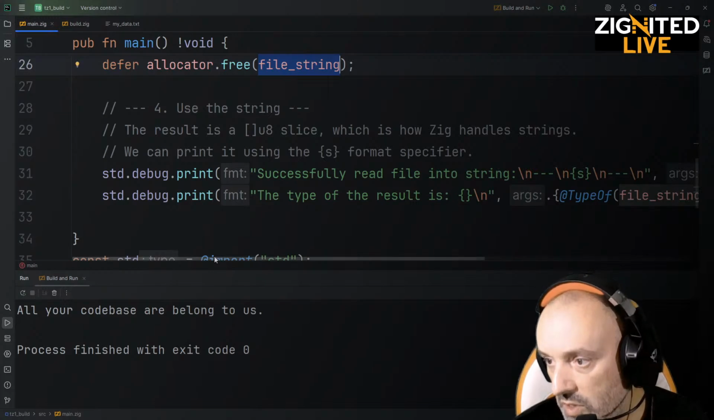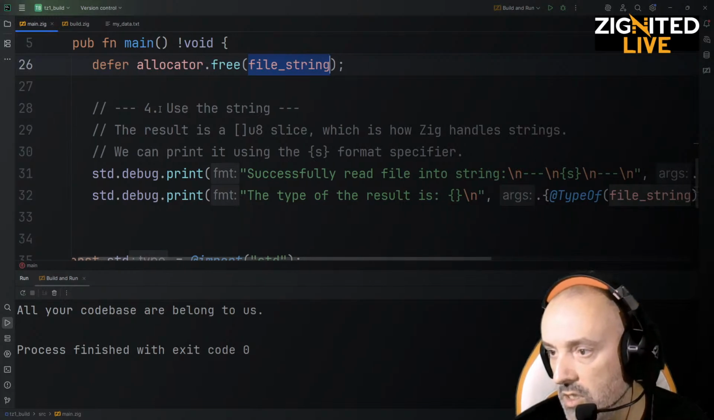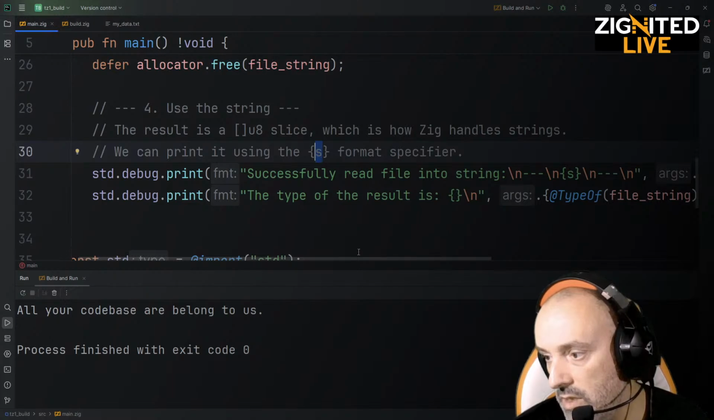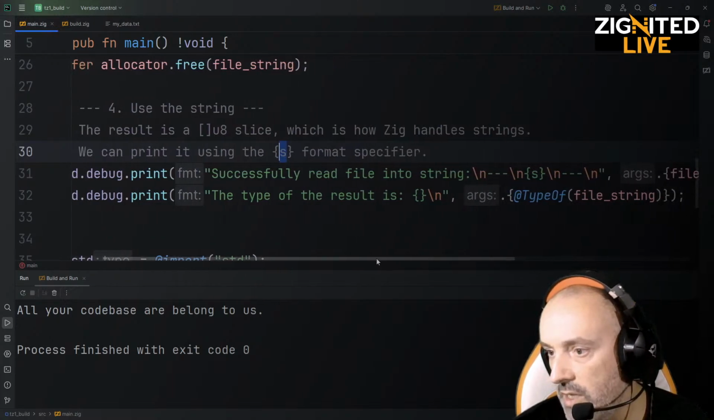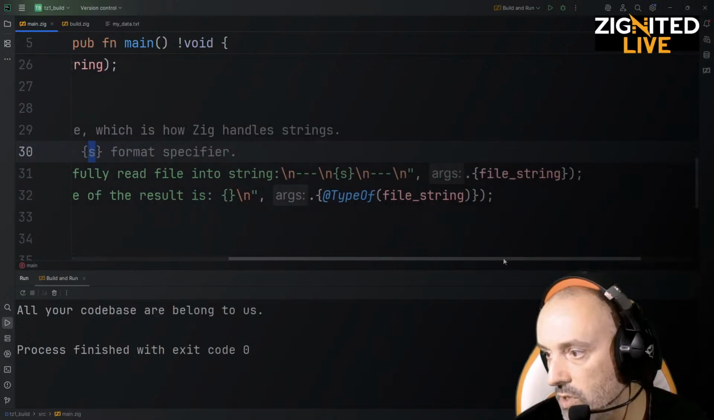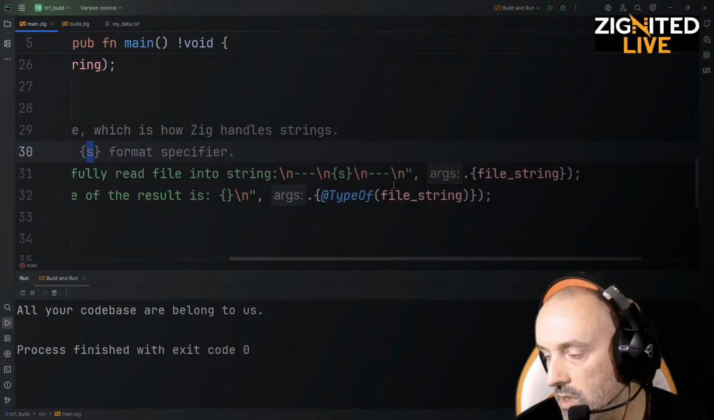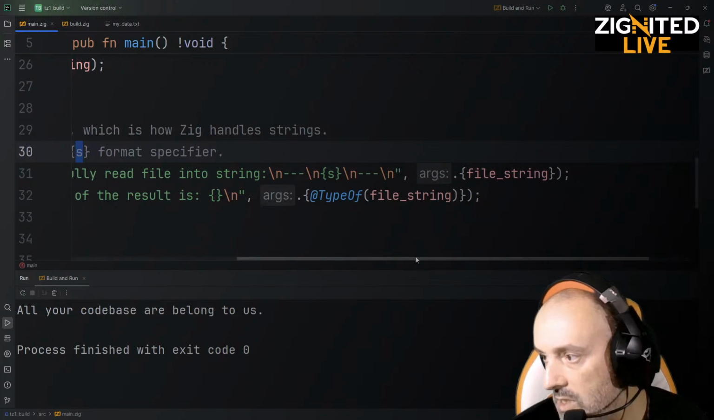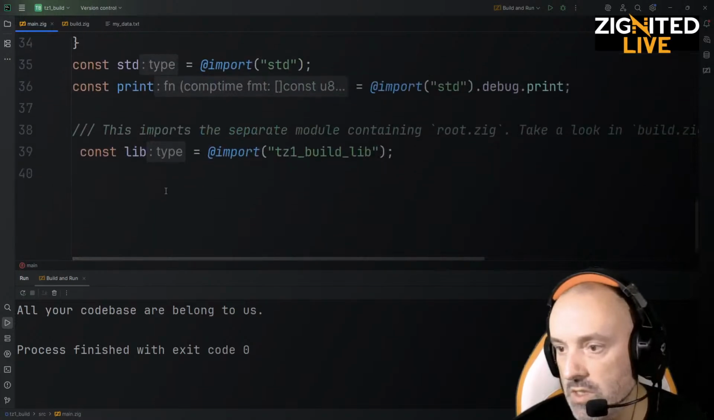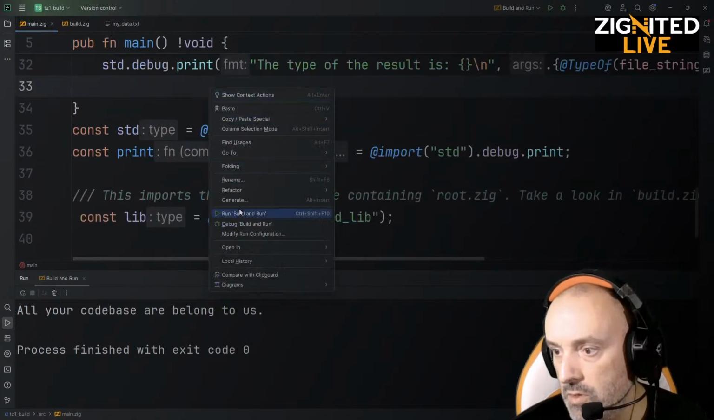Probably they are going to print it out. Let's see. Yeah, print. I just want to see what they say. Result is a u8 slice, which is how Zig handles strings. We can print it using the standard s format specifier, and this is just like successfully read file into string, and then they put a string inside of this appends file string, and then the type of the result is, yeah, let's do this. This is nice. So,